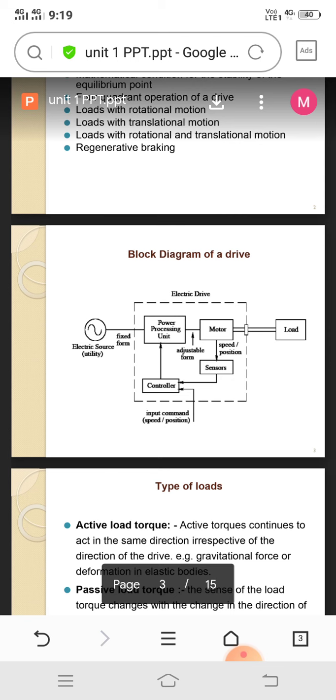Specifically, we know what is meant by drive, and a drive fed into electrical components is called an electrical drive. Now we can see the electrical source, power processing unit, motor, and load. Four things are mentioned